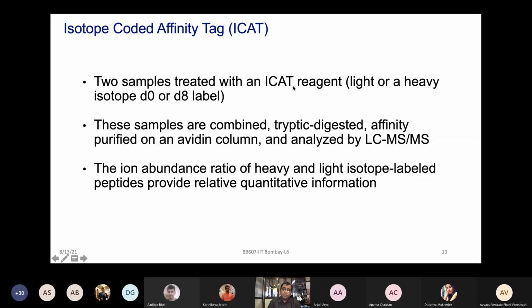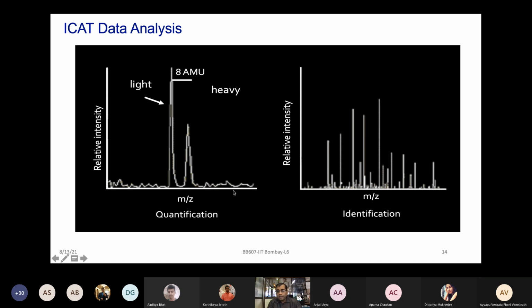Very similar concept to what could have been done with the 2D dyes at that time, the Cy3 and Cy5 label, and likewise ICAT light or ICAT heavy, right? This can be done. But the processing of the sample after you have done the labeling, everything you mix up and you do everything together. And at the end, you are going to measure the abundance ratio of the heavy and light isotopic labels of these types of conditions.